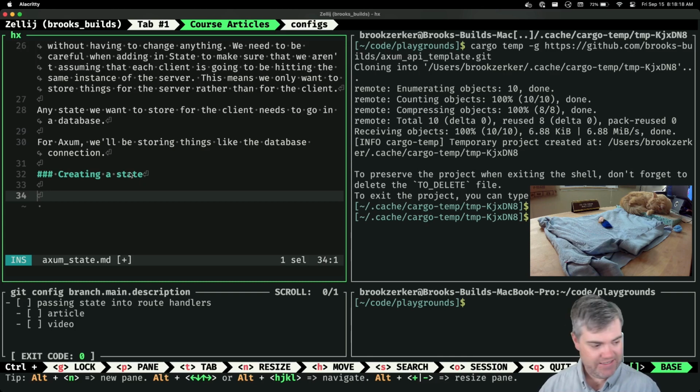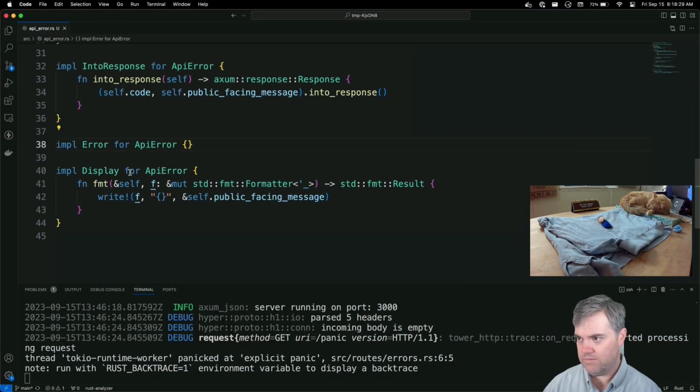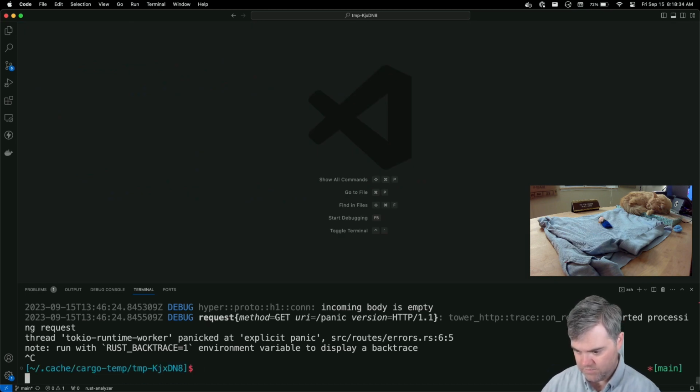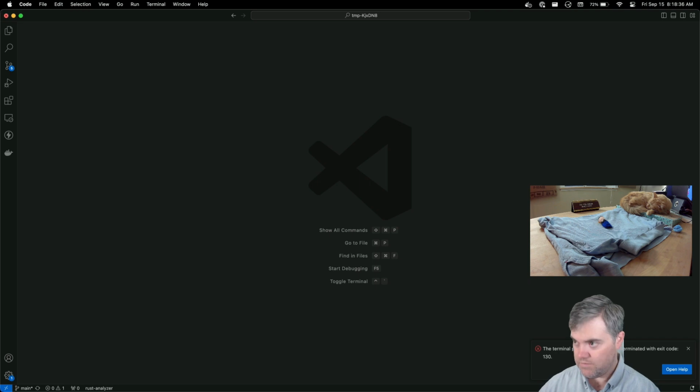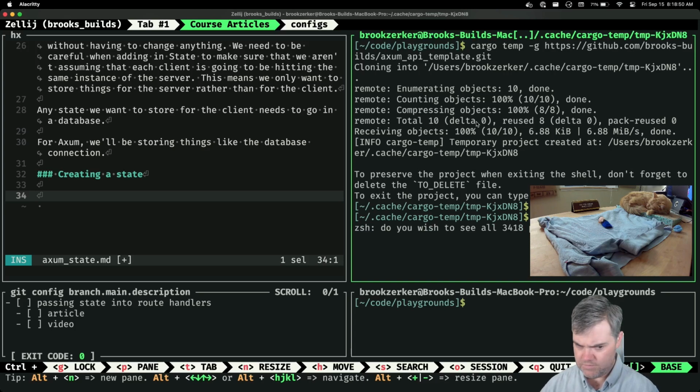Okay, creating a state. So let's exit out of here. What?